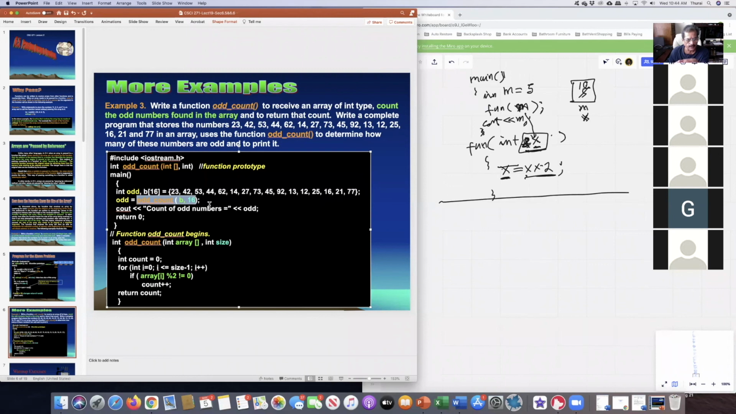That's all I need to pass, name and the size. The name will be copied into the array, which actually means you're copying the address of the beginning of B into the name array, and copying 16 into size. And then